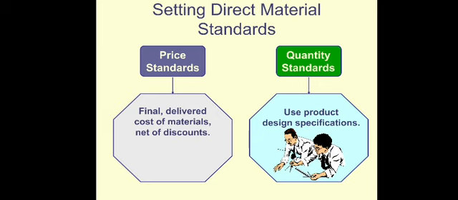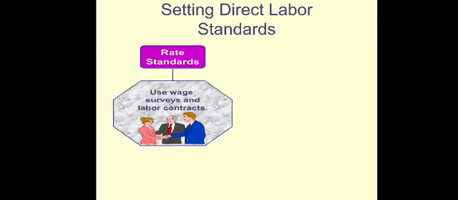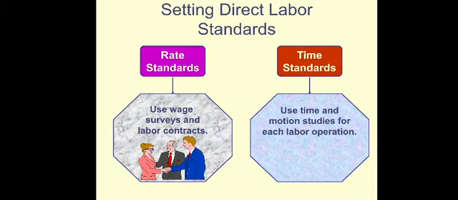For sugar, maybe for one cupcake the sugar is 20 gram, and then the price is 1 kilogram sugar RM2, for example. So for every direct material standard, you have to set two elements: the price standard for the material and the quantity standard for the material. Okay, when you set the standard for direct labor, you have also to think about two elements: rate